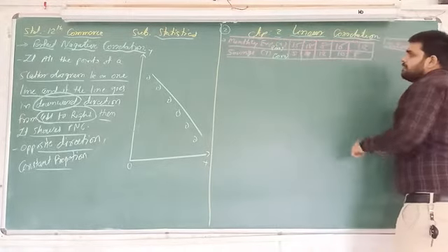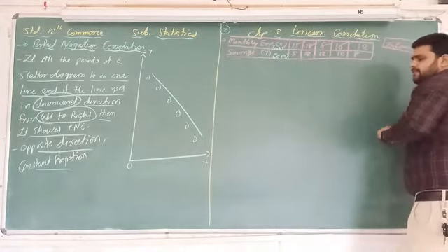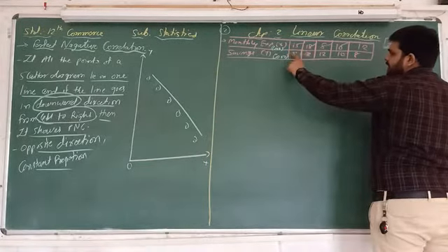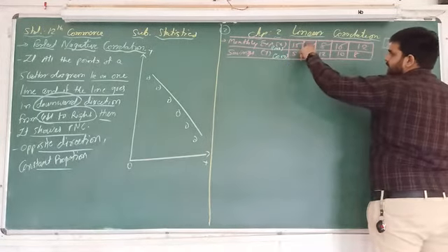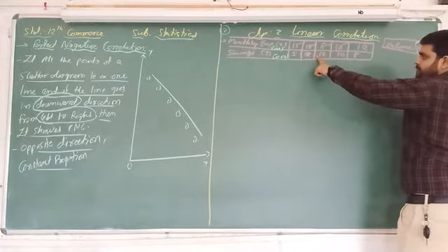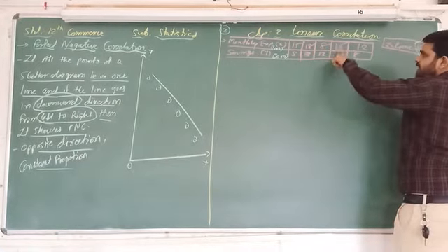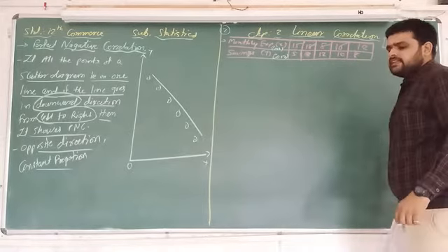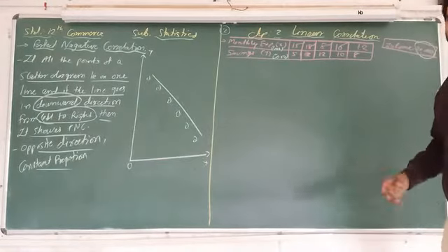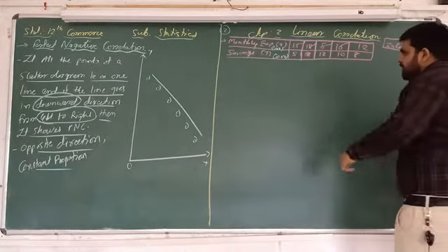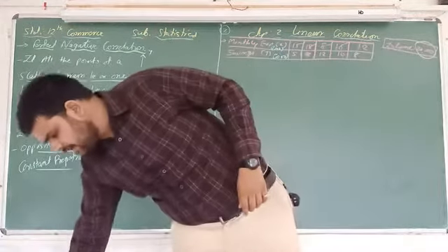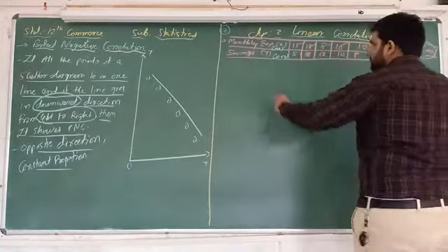So here families 1, 2, 3, 4, 5. Monthly expense of the first family is 15,000, so definitely his saving is 5,000. Second, 18,000 expense, 2,000 saving. Third, 8,000 expense, 12,000 saving. Fourth, 10,000 expense, 10,000 saving, and fifth, 12,000 expense, 8,000 saving. Now we have to find out which type of correlation this is. First of all, we have to draw a diagram, and on the basis of the diagram we will find out.